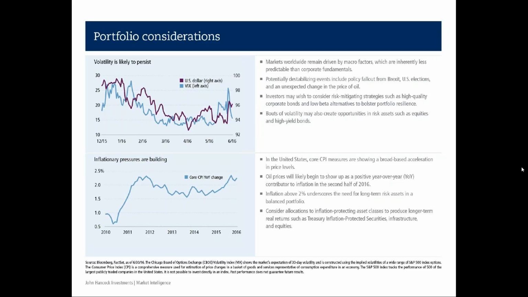We would add bank loans to your portfolios in a prudent manner, considering the risks, but they can be a diversifier away from, let's say, investment-grade corporate bonds, which tend to be higher quality, but also have higher duration risk. So if you put those two together, you're getting a mix of lower duration but lower credit quality, and higher duration and higher credit quality. So I hope that helps with that question.